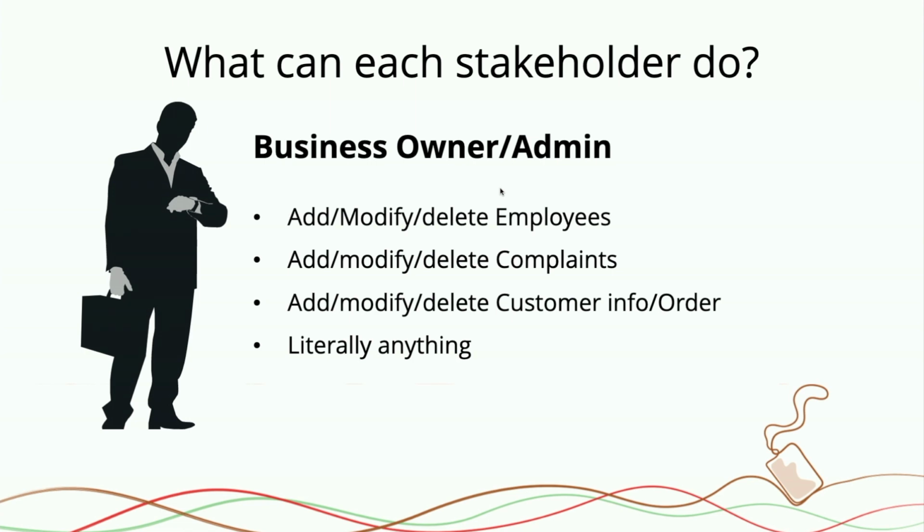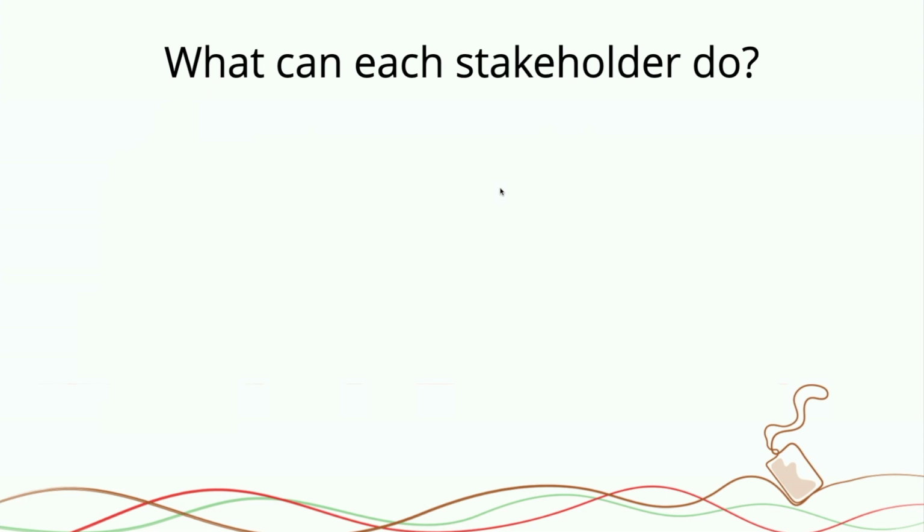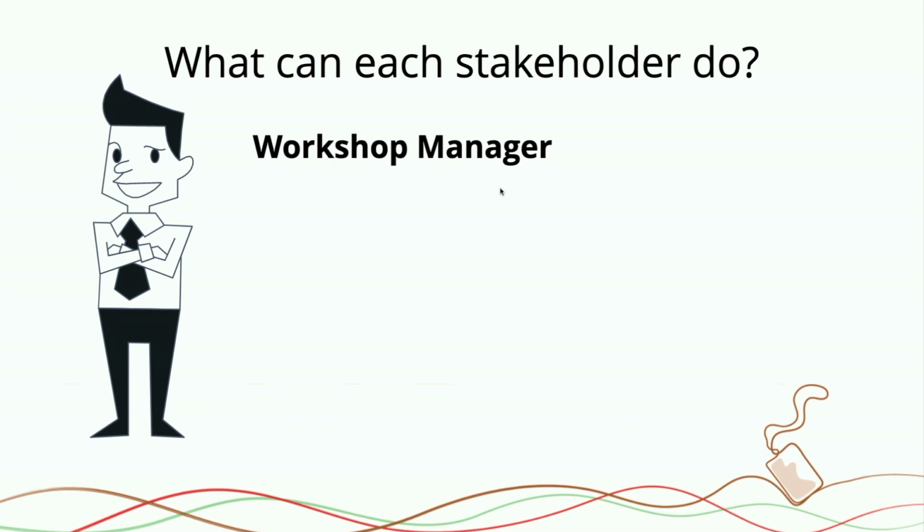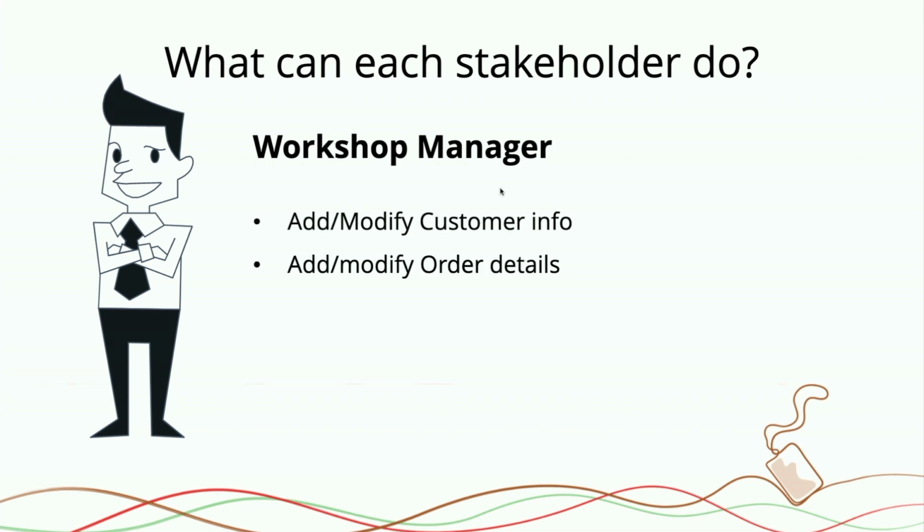Then comes the second stakeholder, who is not the owner here, but he is just an employee. We'll discuss what he should be able to do within the application. Add or edit the order information. That would involve the customer's information as well. And we had a separate table called compliance module. What are the different complaints that you deal with, the fixes that you do, plus the service charge for that.